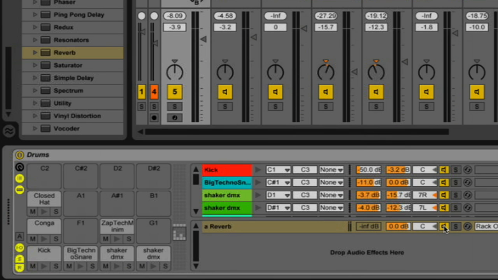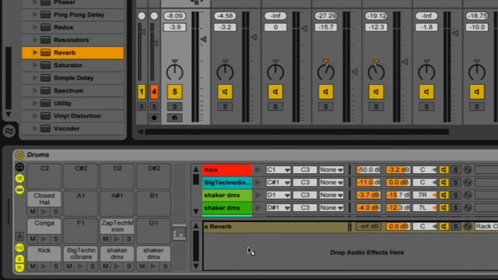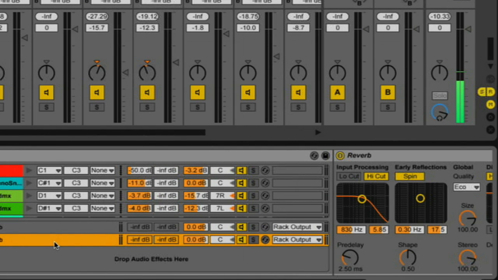Now I'm going to add another reverb. This one will be more of a room style reverb and will complement and add emphasis to the plate-like reverb sound we already have. This one I'll keep pretty basic and just change a few settings. So I'm just going into my browser and I could just drag any effect into this area and it'll create another return for us. I'm going to add this mostly to the shakers, so I'll try to emphasize the high-end